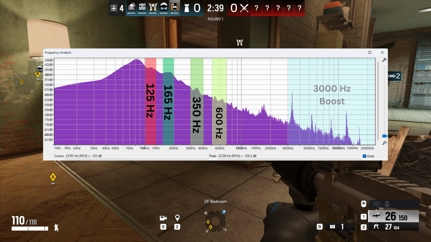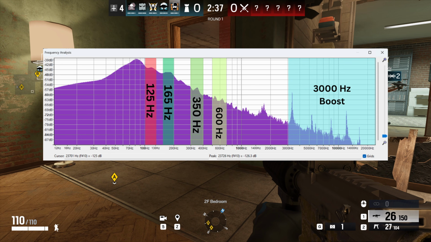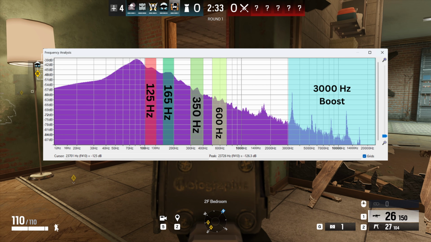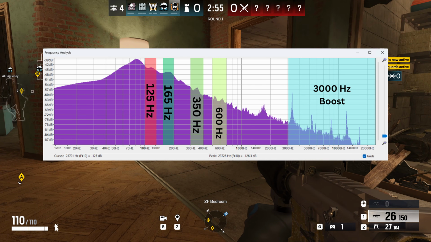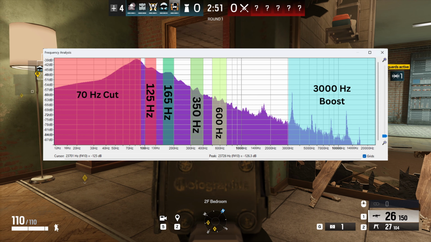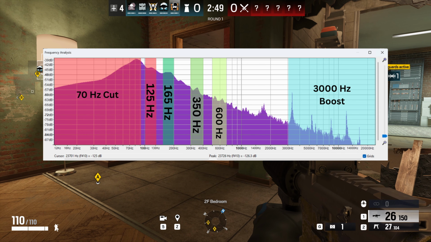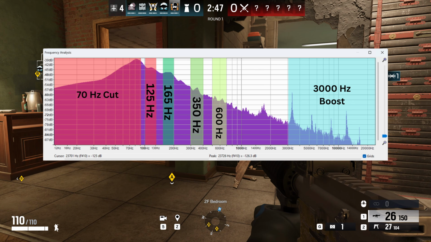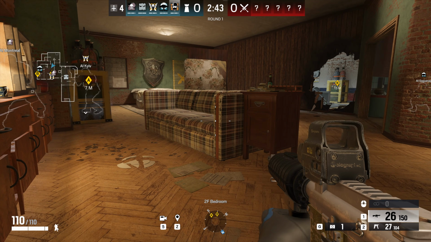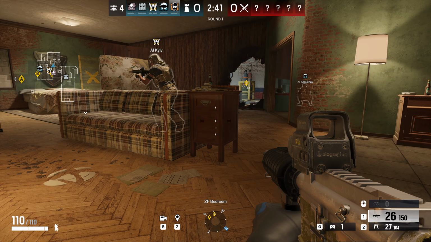And then above that, there are smaller details, like gear movement, ADS, and other subtle sounds that can give away position. And then too much low end, or rumble, can also mask some of the key footstep details, especially around 125 and 160 Hz. And to set our baseline audio chain, I'll need to start with the in-game and the